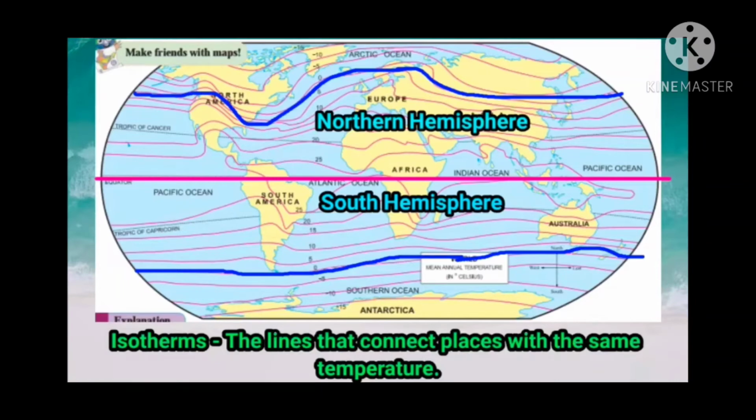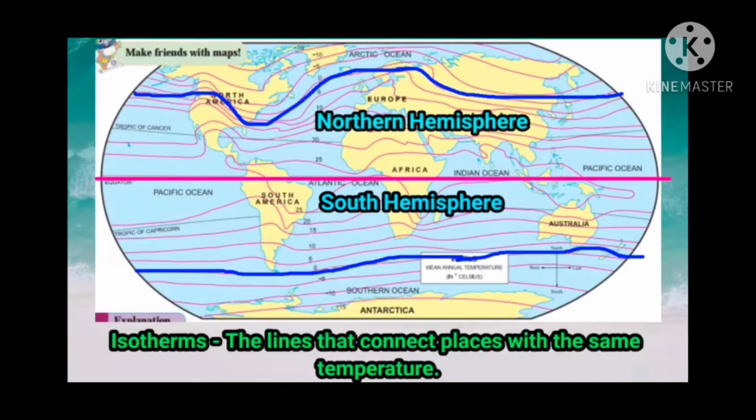Isotherms in the southern hemisphere. The isotherms are fairly parallel to the latitudinal lines in the southern hemisphere. The distance between these lines is almost equal, starting from the South Pole to the Tropic of Capricorn. The land area in the southern hemisphere is less as compared to the ocean. Hence, the temperature in these parts is largely influenced by the latitudes.